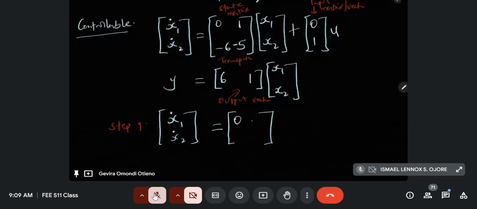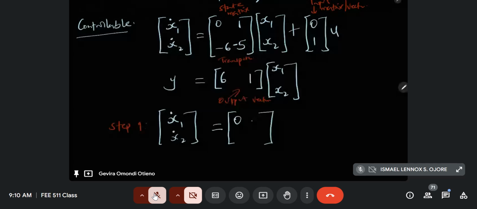I hope that's the correct transposition. Then you have x1, x2, like that, plus 0 1 u. Okay, that's step number 1. It's not yet done. So step number 2